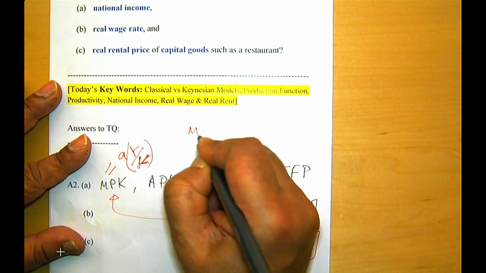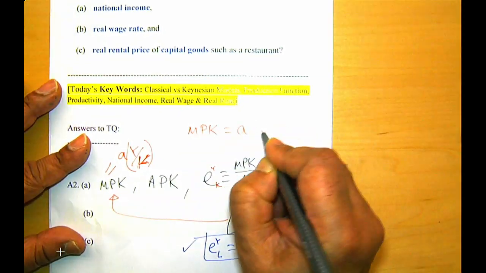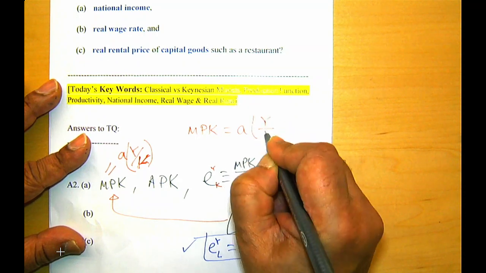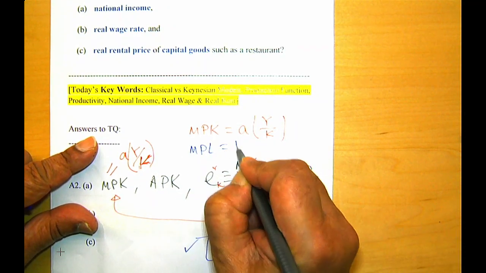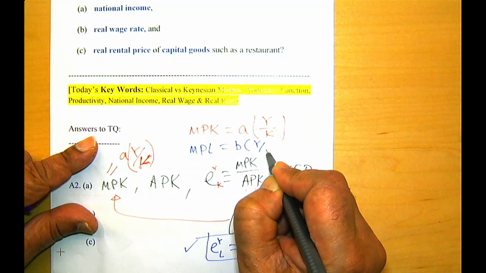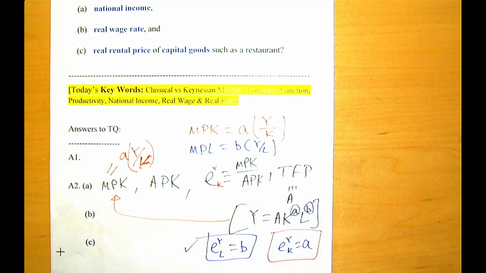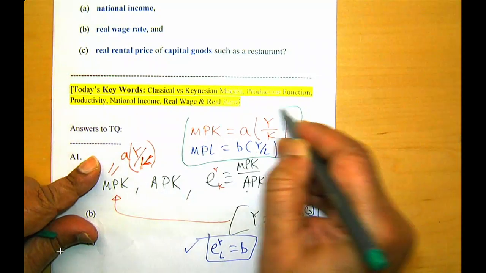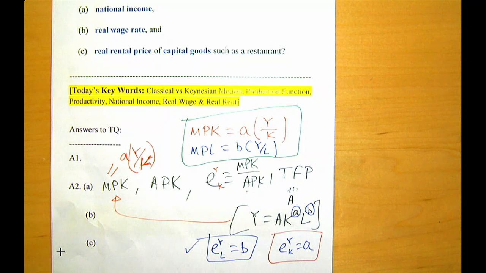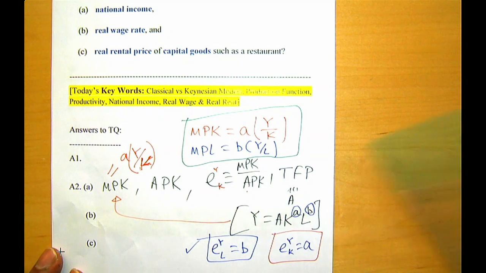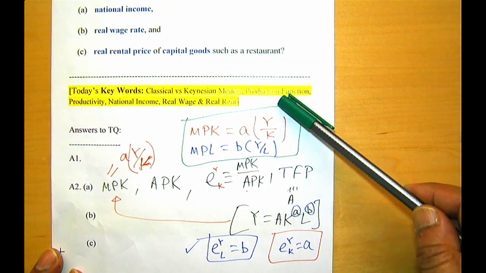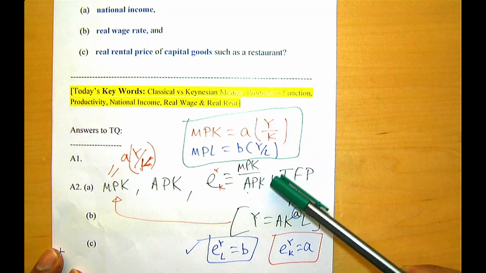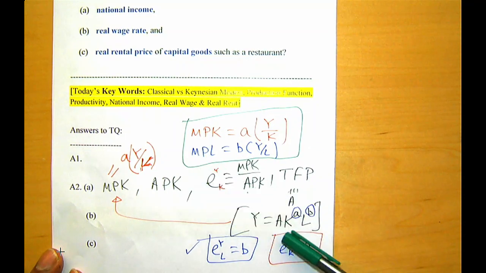So MPK, in case anybody is confused, is equal to A times Y over K. And MPL equal to B times Y over L. That's what you just learned. And TFP in this case is A, right? It's overall. But you notice TFP is already in A, so you are possibly spelling out Y. If you spell it out, A will be there. So when A increases, marginal product of capital increases. Similarly, when A increases, marginal product of labor increases because A is inside Y.